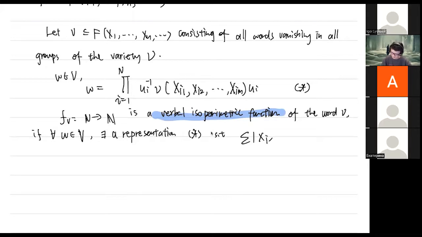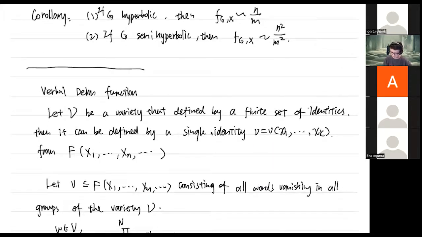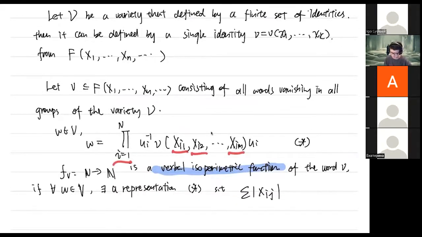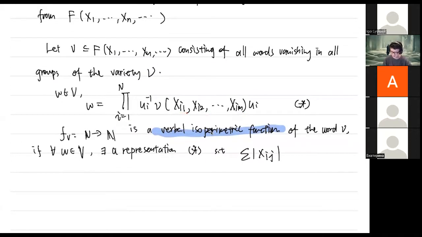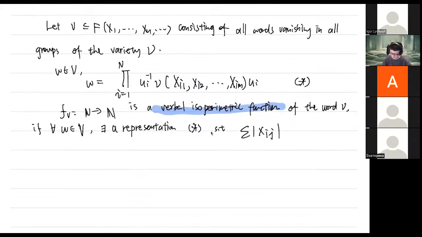So the number of x_ij. In this case, if i is 1, we have x11, x12, up to x1m, and if i is 2, then you just do it again. And so we just take the sum of all x_ij